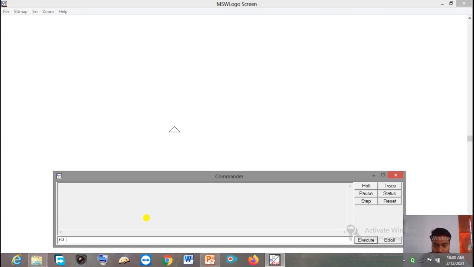Now I want some gaps, so I have to give the PU command here, and press enter. Now give the FD command. Now you can see the gap. Now again you want to draw something, so you give the PD command. Now give FD 50. Now you can see the line.